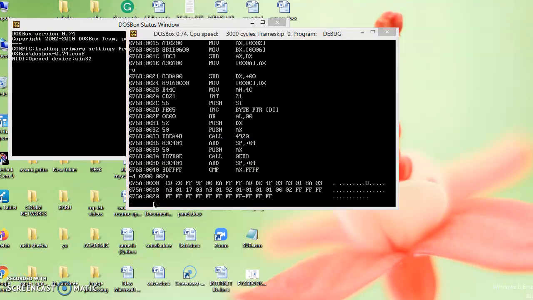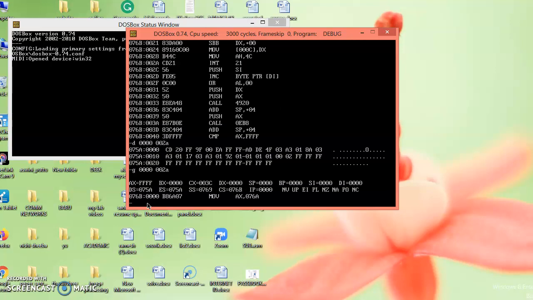I'll go with G. Next command, go 0000 to 002A, so I'll get all the registers. Now I can go with G equal to 002A.